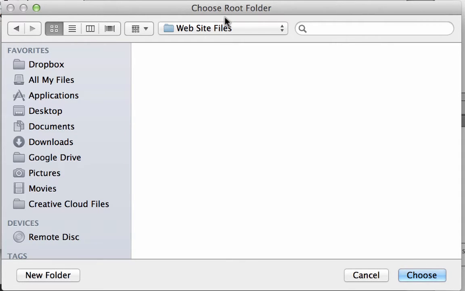So this is going to be the root folder or the main folder for my website. And currently it's empty, but this will contain all my HTML files, my style sheets, and image files that will make up my final website. So once again, no Photoshop files, no work files, none of that stuff. This is only going to contain your final site files. I choose that.